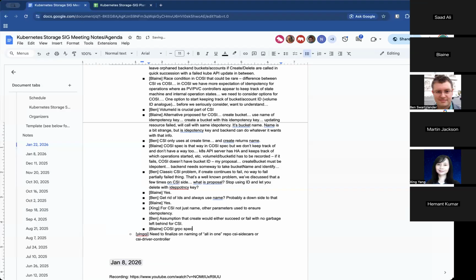The race condition is if the create succeeds, but the update that Cozy does after that to keep track of it as a Kubernetes resource fails, and then the delete happens, then we essentially would need to do a create. Okay, so you're not concerned about getting stuck. You're just concerned about losing that crucial bit of information that it succeeded.